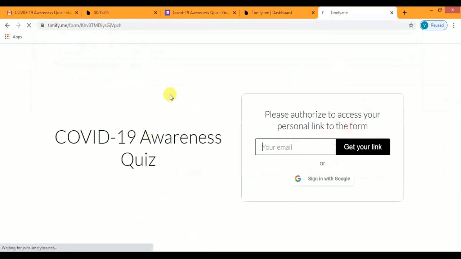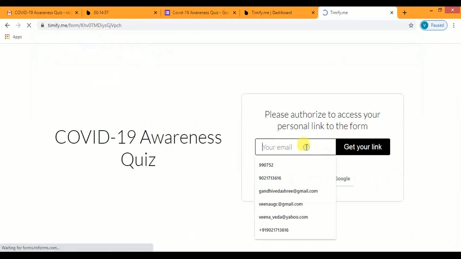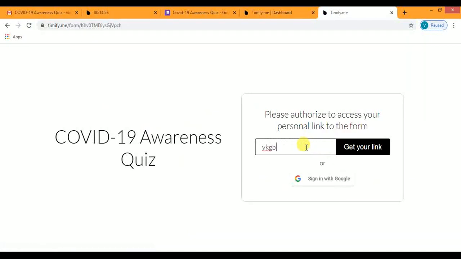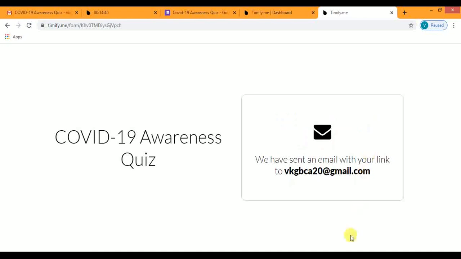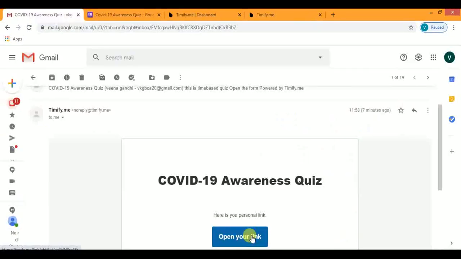Now when you copy this link, it will ask you for a Gmail account. For every Gmail account, every student will get a different link. Suppose, for example, for demo purpose I type here. Now in the Gmail account, you can find your personal link.